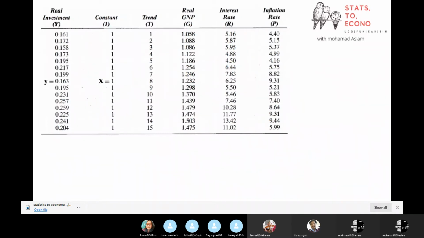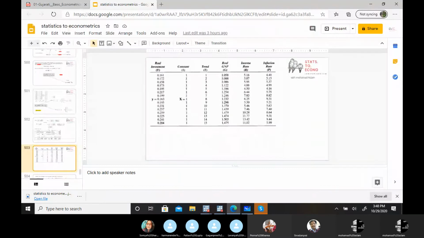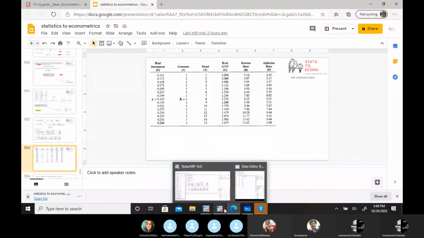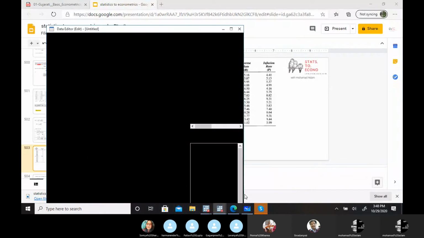So let's do this particular data set with the data software. If I have this data, then